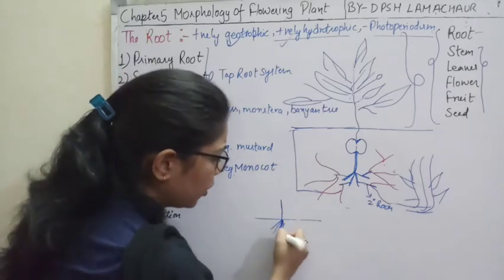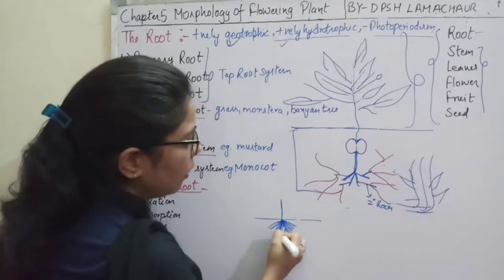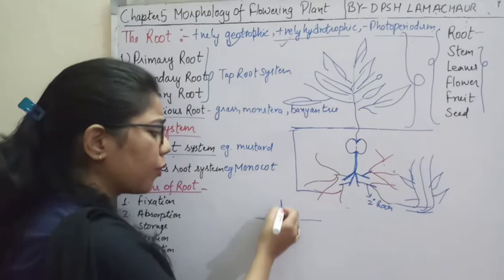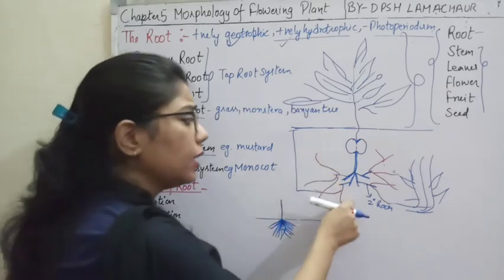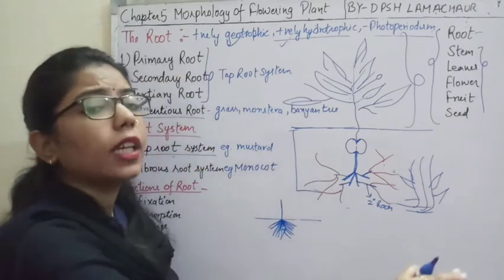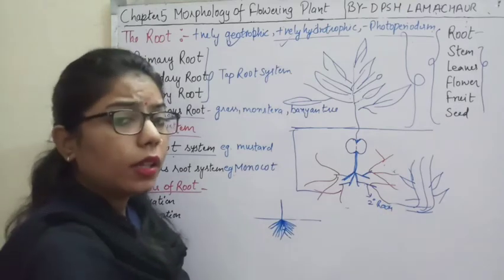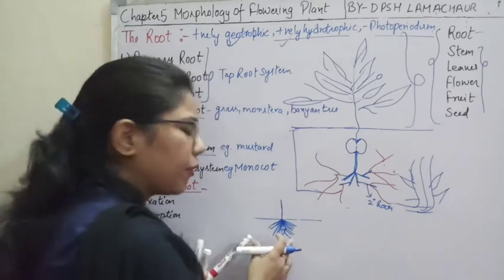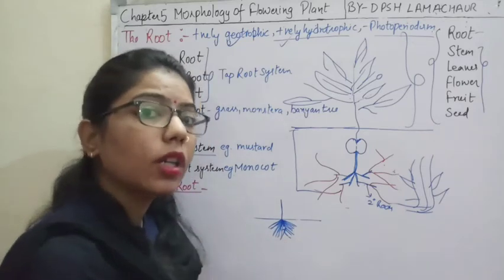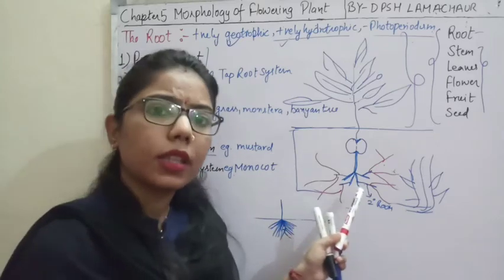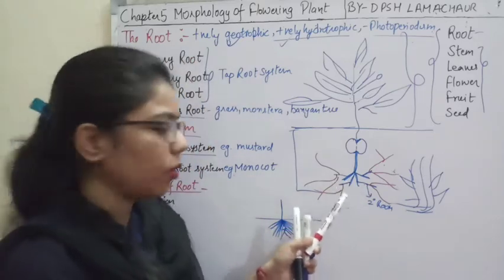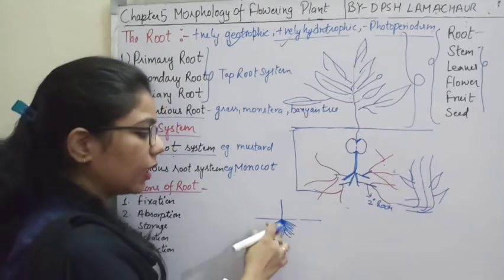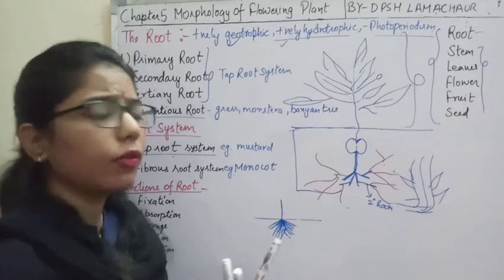Directly from here, you can see a fibrous-like structure developing. That's why I'm saying that they can grow directly from the stem. This type of root system can penetrate into the soil to a very far distance, so it can spread over a wide range, but the fibrous system doesn't have roots as strong as the taproot system. You can see that fiber-like structures are directly forming different clusters of fibers here.